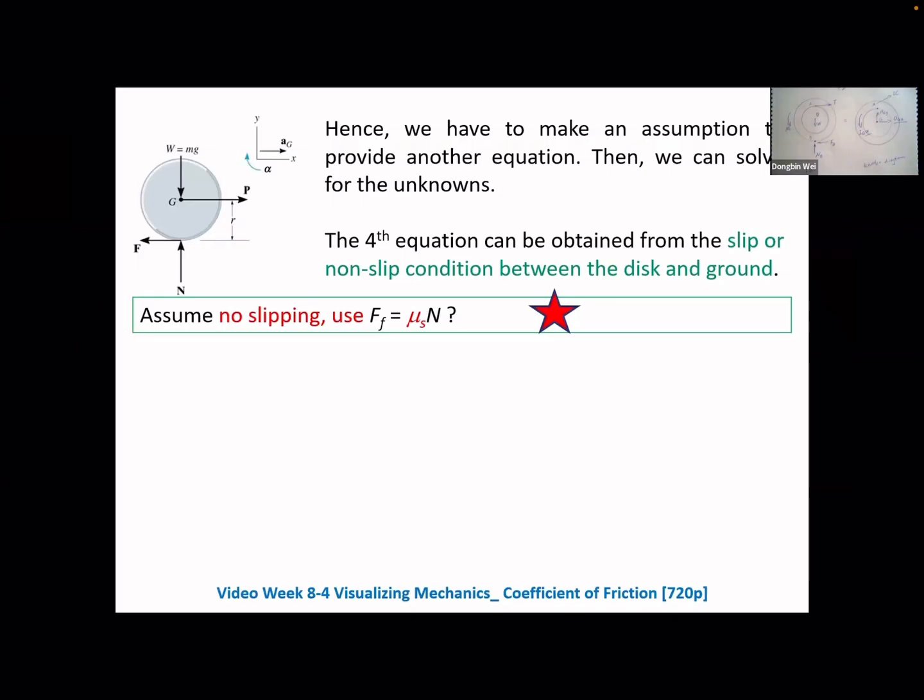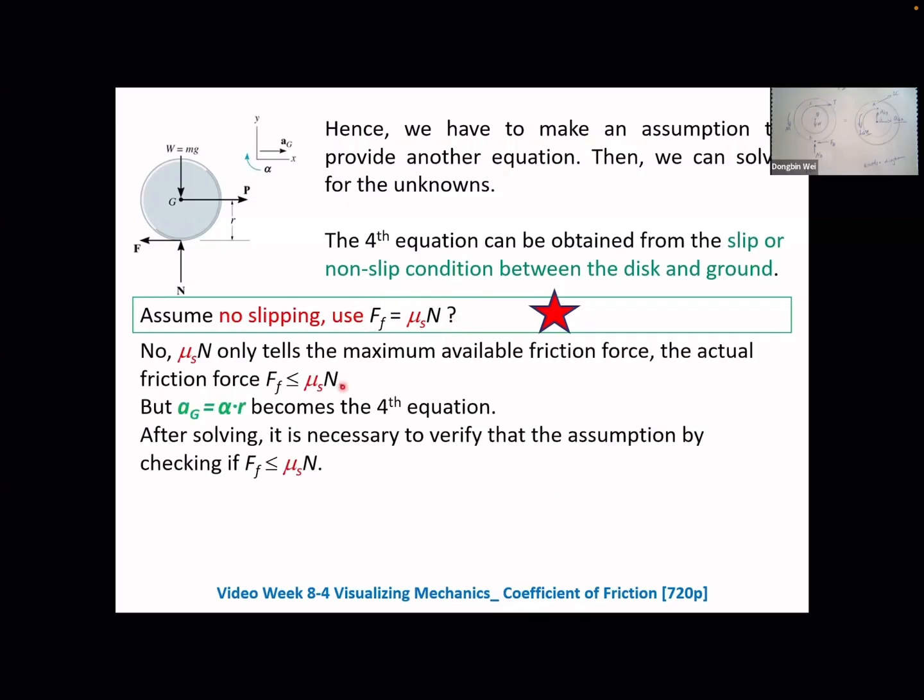Okay, now we go back to this slide. I think the answer here should be very clear. You can't use the static friction coefficient to work out the actual static friction force. If no slipping, you can't use this equation. But because this is the rolling without slipping problem,